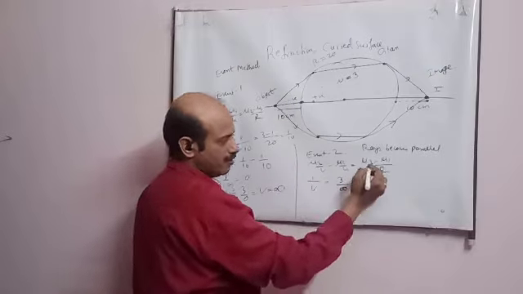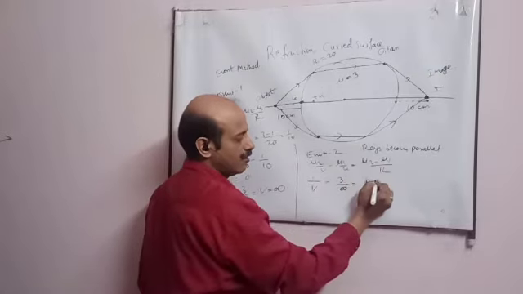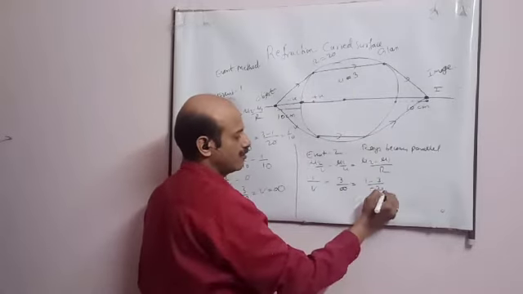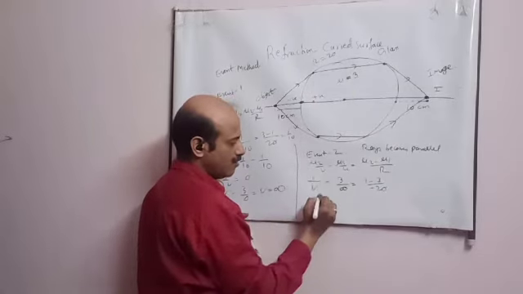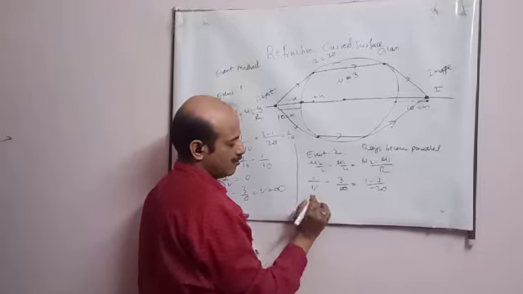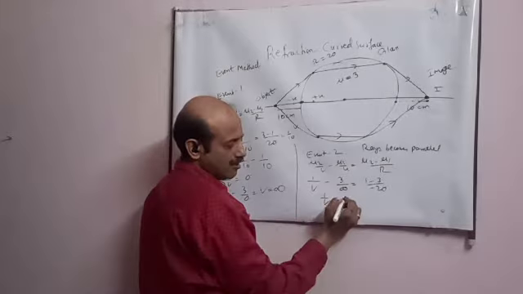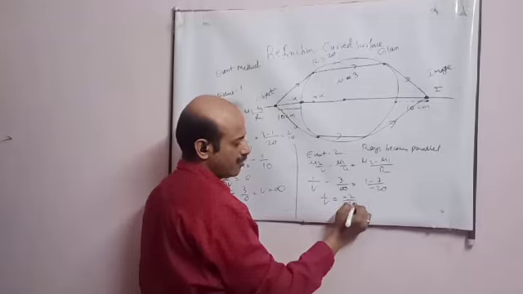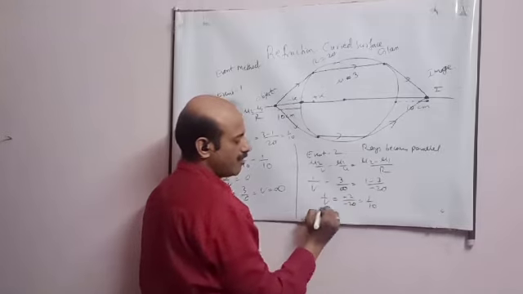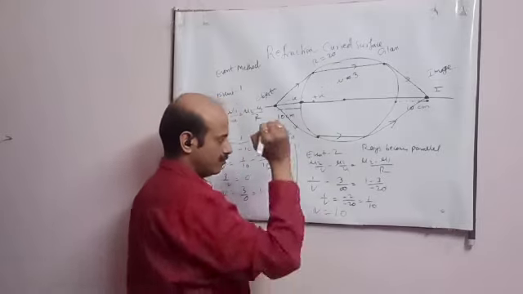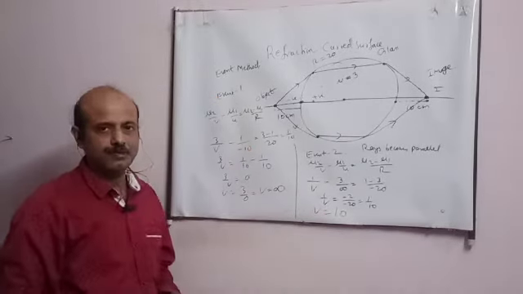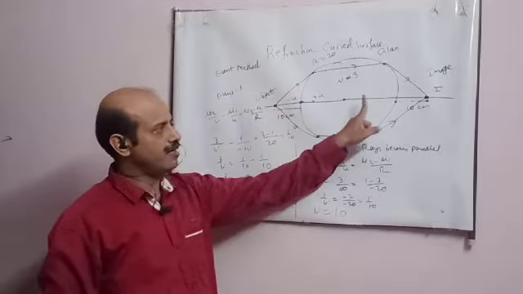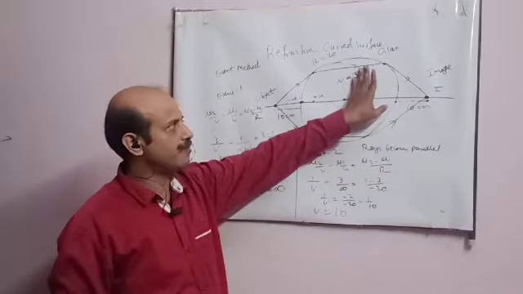Is equal to student, mu2, second, air, 1 minus 3, R for this from here to here, minus 20 I have to take. Now student, this is 0. 1 by V is equal to minus 2 upon minus 20. See student, I got the answer, V is equal to 10. So in the starting what I did is, I have taken object 10, image 10 given. Okay student, refractive index I have to calculate.